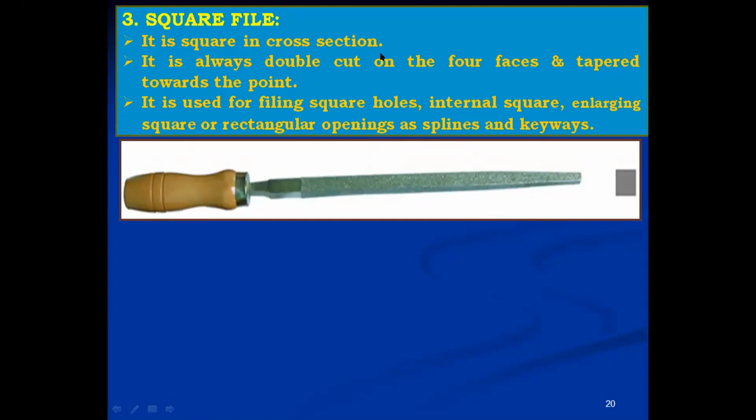Square file: it is square in cross section, always double cut on the four faces and tapered towards the point. It is used for filing square holes, internal squares, and enlarging square or rectangular openings such as splines and keyways.